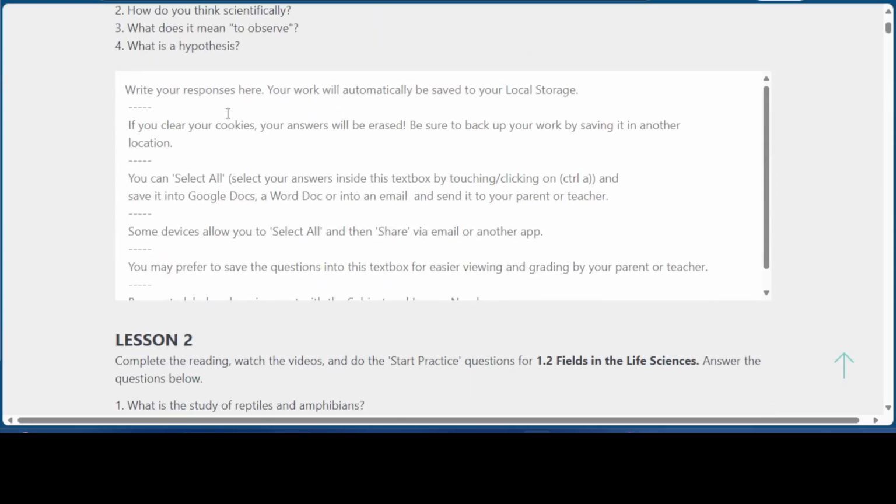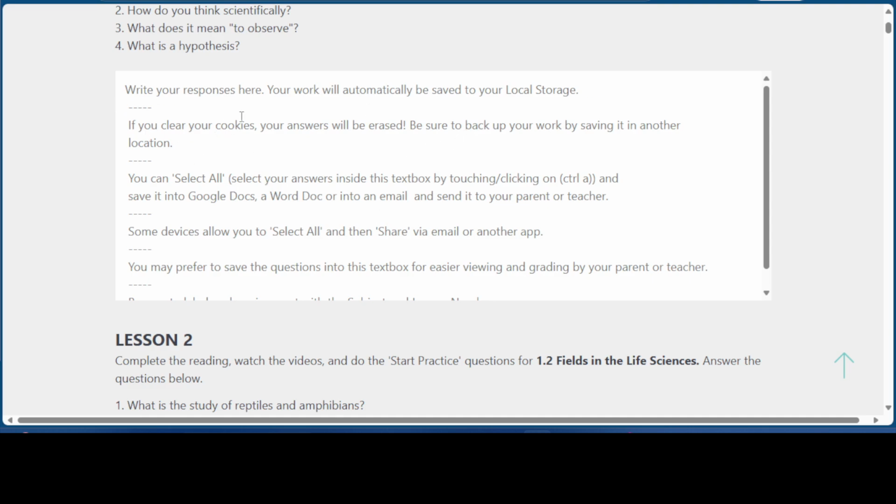They may type their responses on this particular web page. The responses can be recorded here. The work is automatically saved to their local storage. But if you cleared the cookies, the answers will disappear. They will be erased. So what I suggest, and what they also suggested, is that the students type their responses here